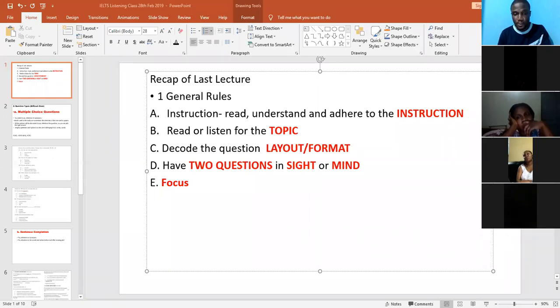That's number 1. If the instruction tells you write no more than 2 words, you can't write more than 2 words. And particularly, when you are given the 10 minutes extra to transfer your answer from